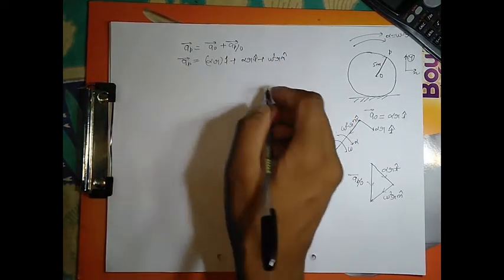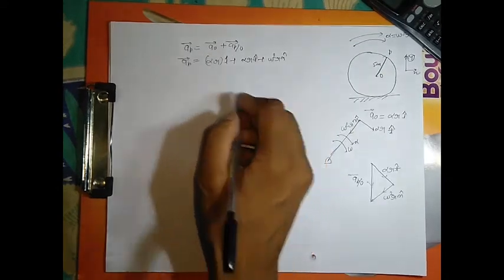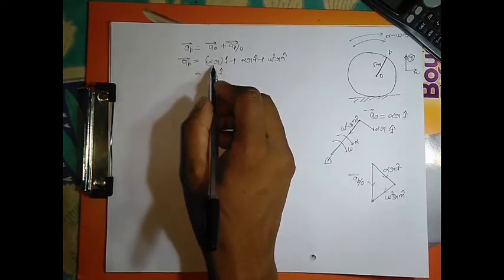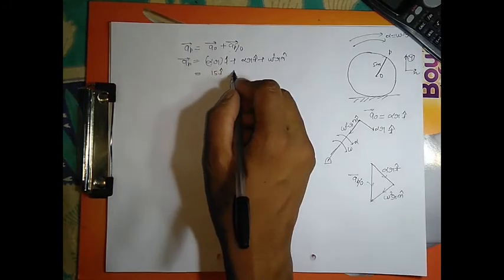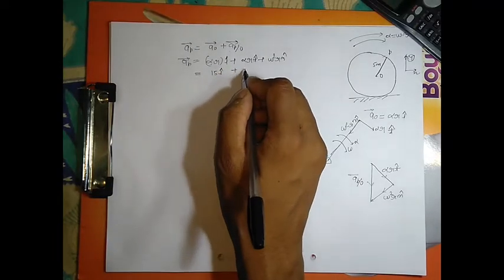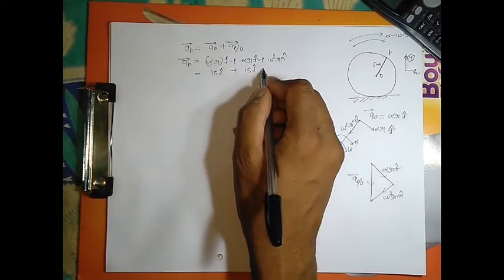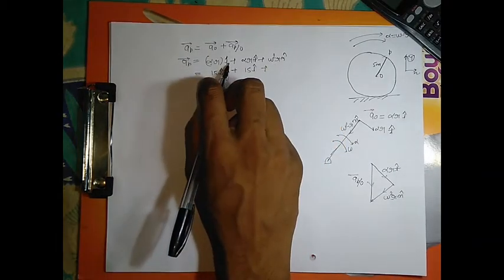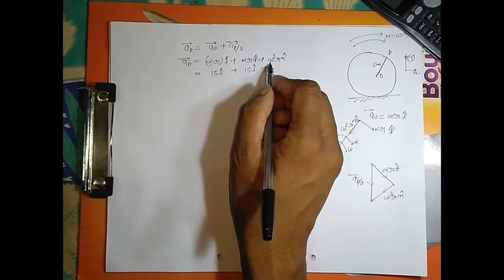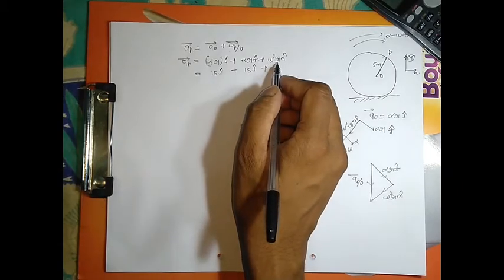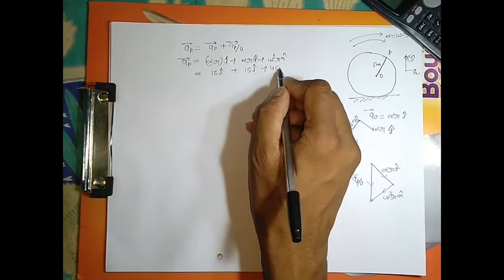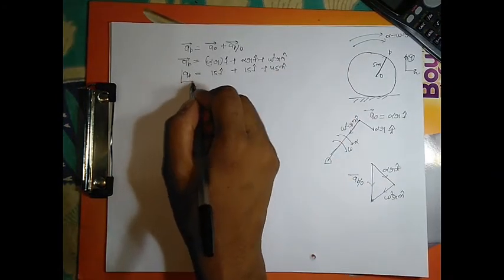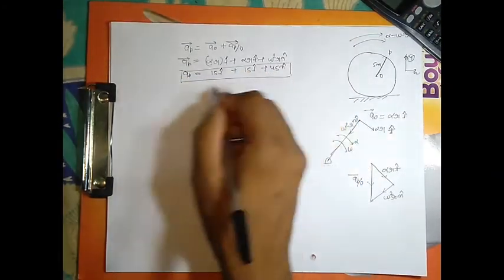Okay. Now plot all these things. You know that alpha r is 15, because alpha is given as 3 and r is 5, plus alpha r again 15 but in a different direction, t cap. Omega square r: what is the omega square r? Omega square is 3 times 3, 9, into r 5, 9 times 5 is 45, n cap. So you don't know the magnitude or direction of the acceleration of point P.